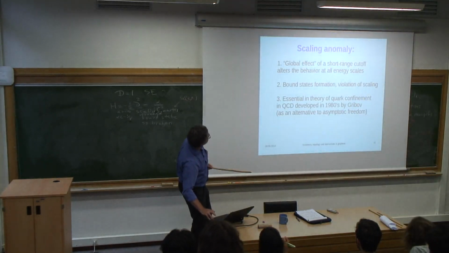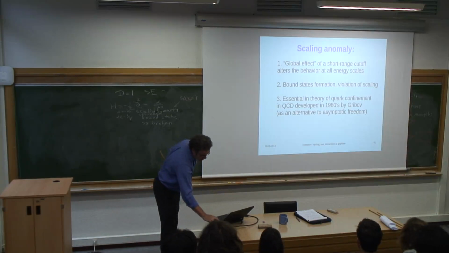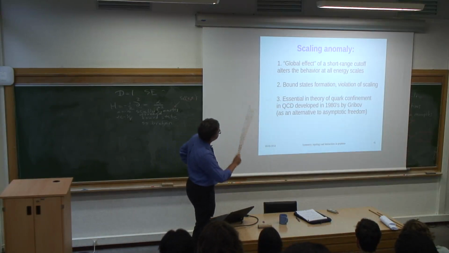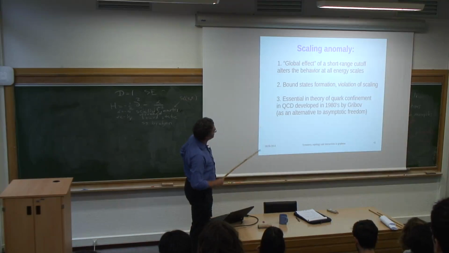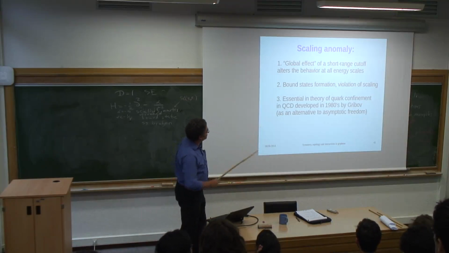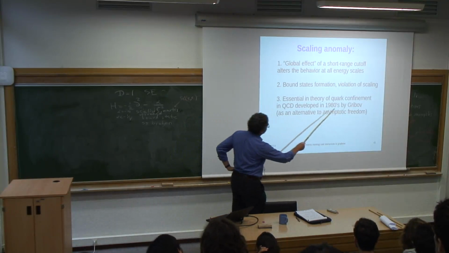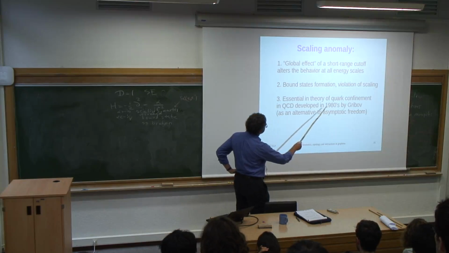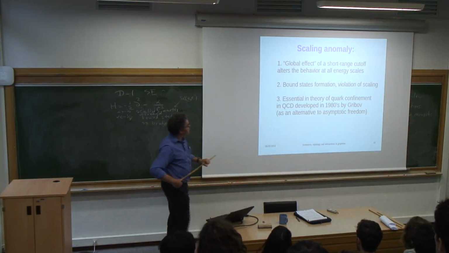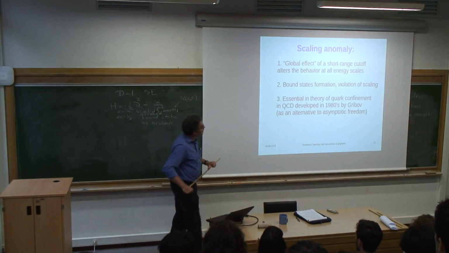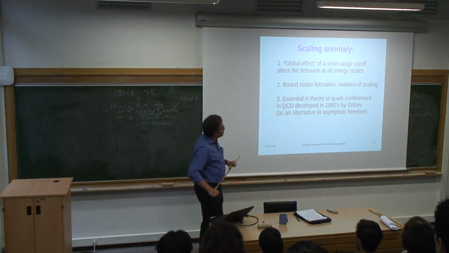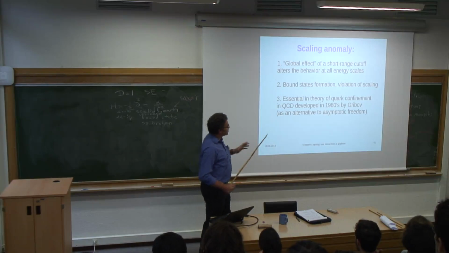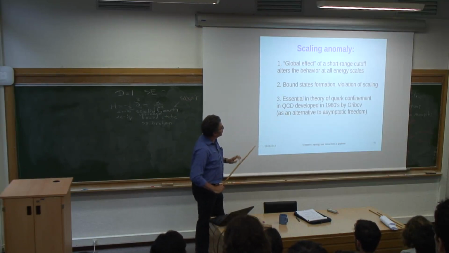So anyway, I said all of that, global effect, and so this is a comparison with field theory anomalies. We get global effect at all energy scales, and we get bound state formation, as for example in this problem which was discussed by people in the 1980s in the context of trying to invent alternative models for quark confinement. And the idea was basically to use this atomic collapse for massless fermions in 3+1 dimensions, modeling quarks, and then